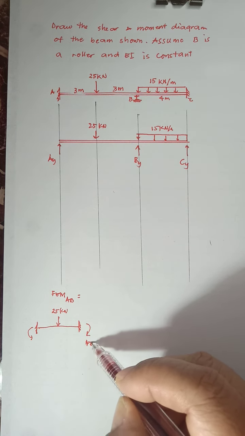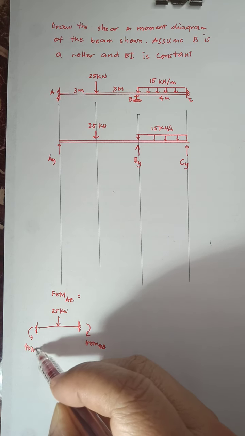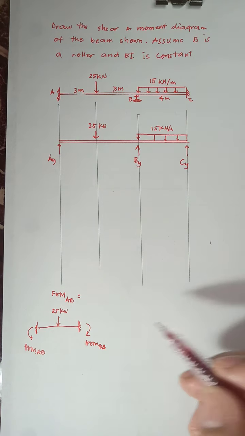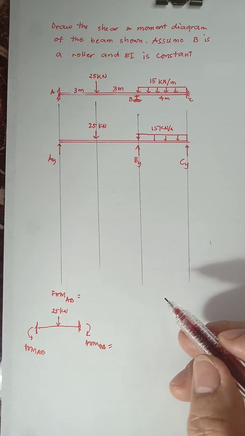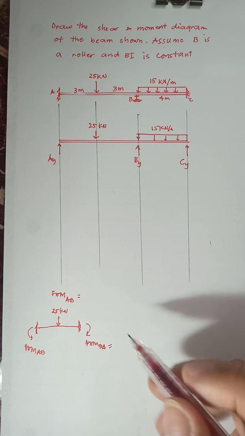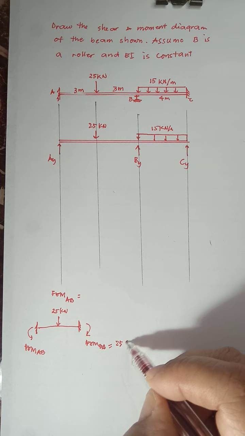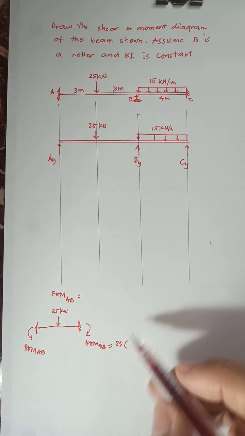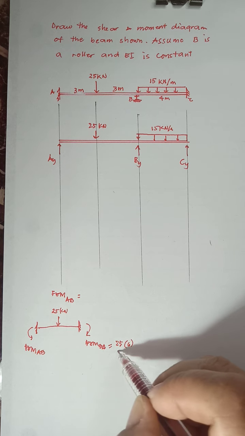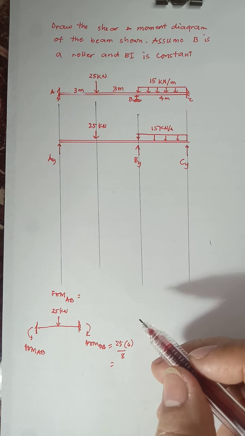Okay, so this will be FEM BA and this one FEM AB. Okay, so FEM BA concentrated man na. So ang sa atong formula PL over 8. So our P is 25, our L is ang given diri is tag 3 meters. So ang iyang total length is 6 divided by 8 and this is equal to